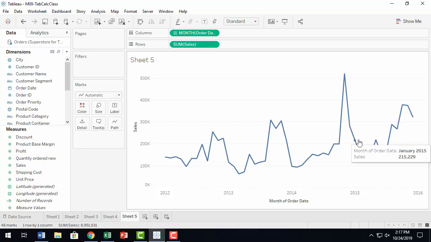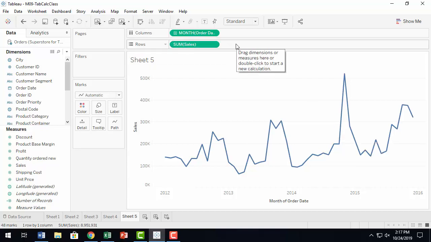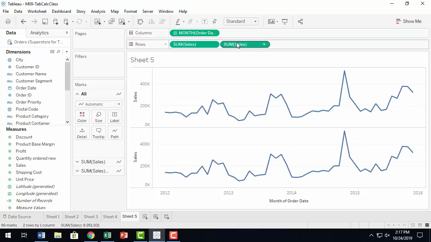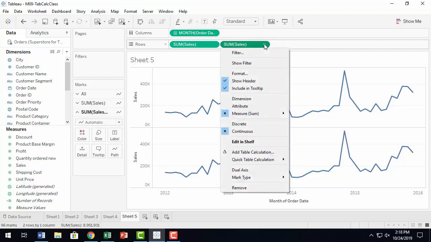Okay. Now you want to show a moving average of sales, so you have to have a second pill for sales. So you Ctrl-click and drag and drop. So now you get two identical time series. Okay, now the second one, right? We change that to